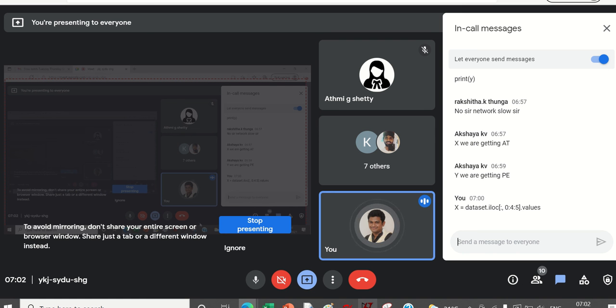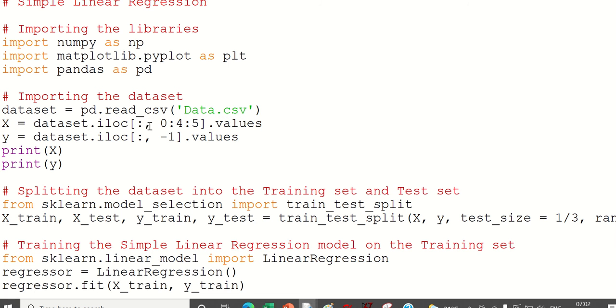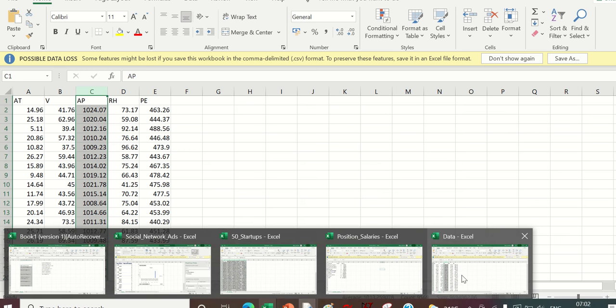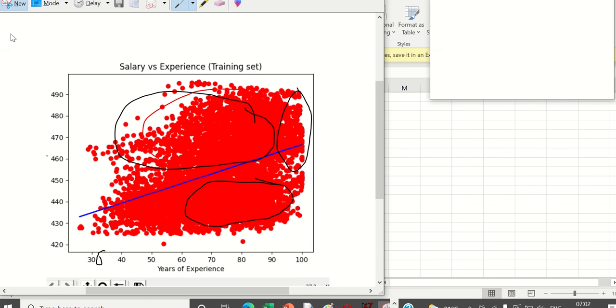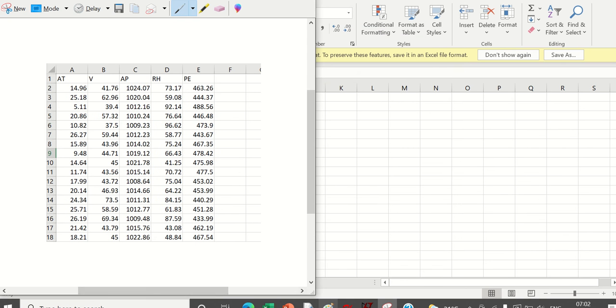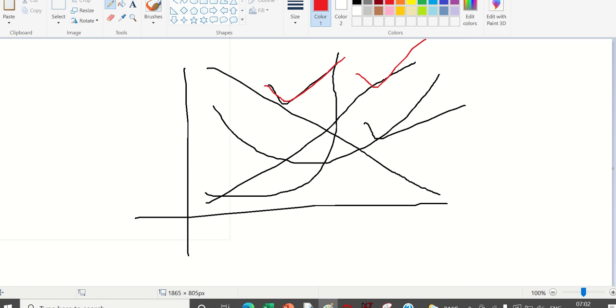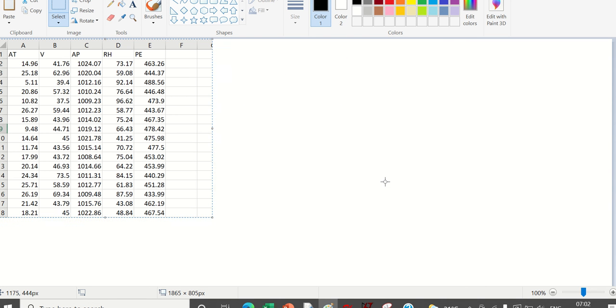See, I will tell you guys again. No problem. See, this is all rows. Let me take one example and I'll show you.